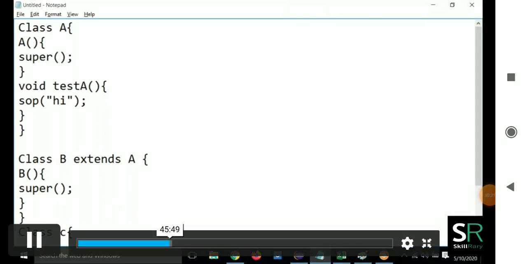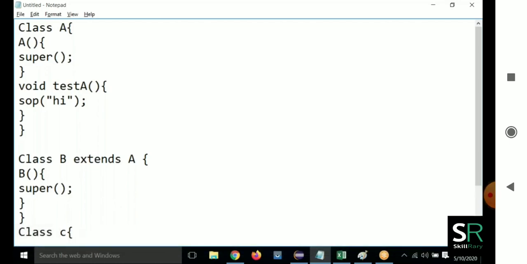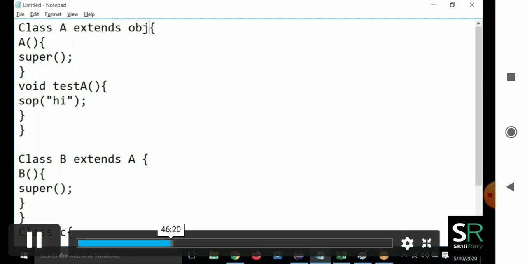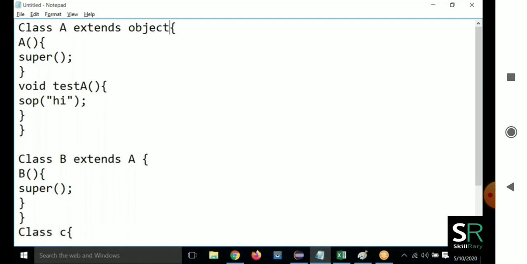Yes, sir, because in Java every class should be a child class. If you don't write it, the compiler will put extends Object. Whether you put it or not, by default the compiler will do that.